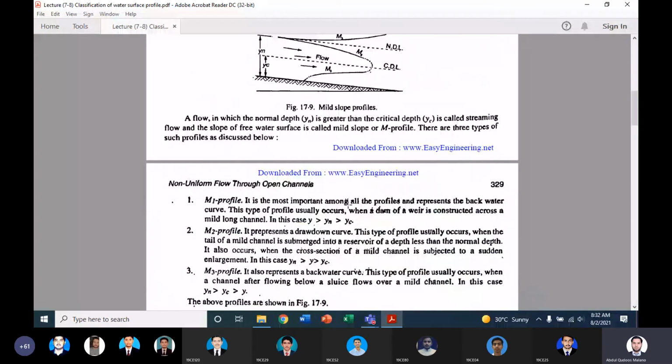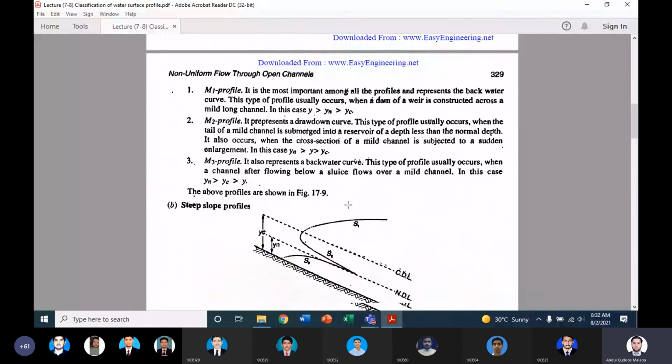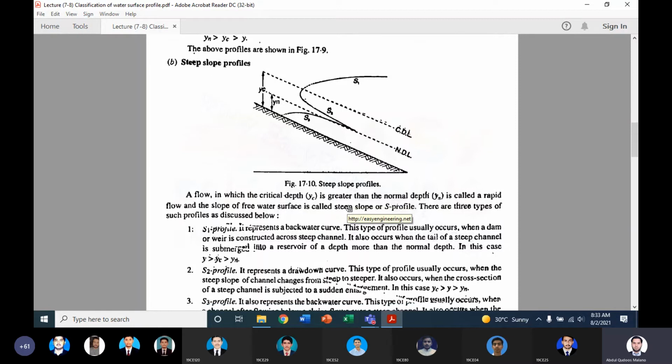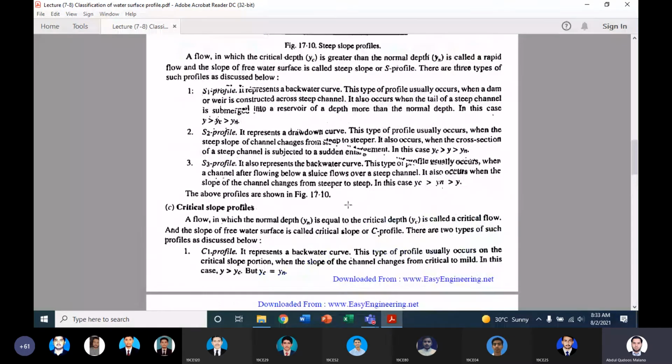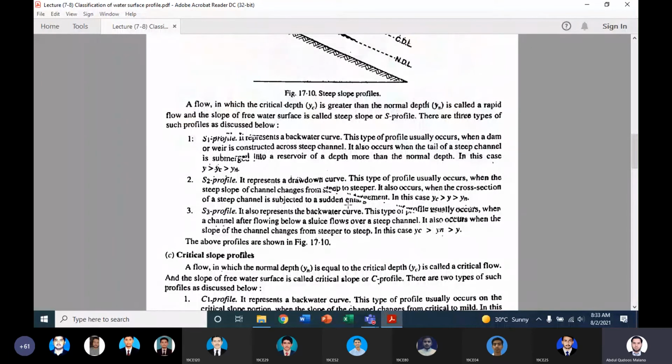Now these two profiles were very easy. Why were those easy? Because practically all three zones are possible, but now you are going to be introduced to those profiles where some of the zones or profiles will not be practically possible. ठीक है, तो अब उनकी भी बारी आनी है. Now let us say critical slope. Now before discussing the critical slope, do you remember the definition of the critical slope?